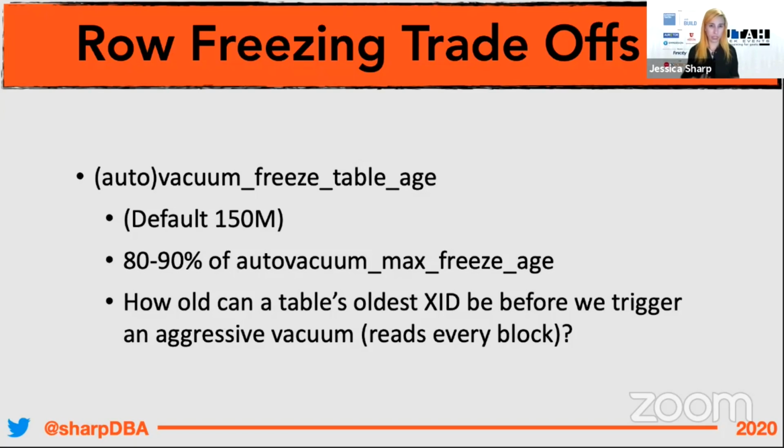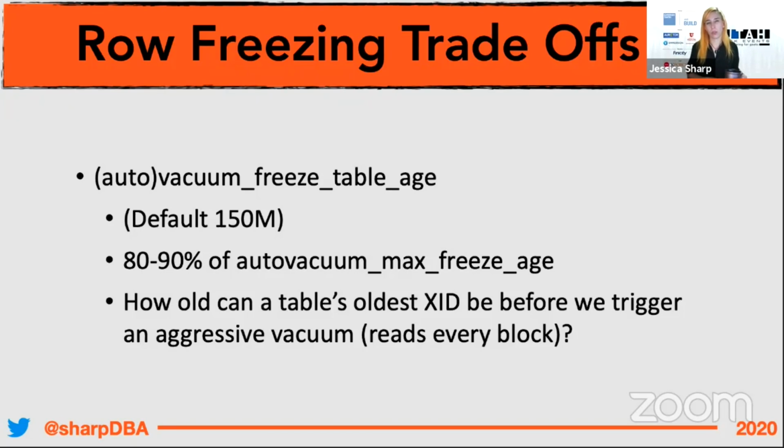but if you're not needing an aggressive vacuum, if it's just a regular, conservative one, it won't read every single block. It'll only look at ones that are specifically marked. If it can tell that a block hasn't been updated, it's going to skip over it. This will hit every single block, whether it thinks it needs to or not, because it's going to make sure.